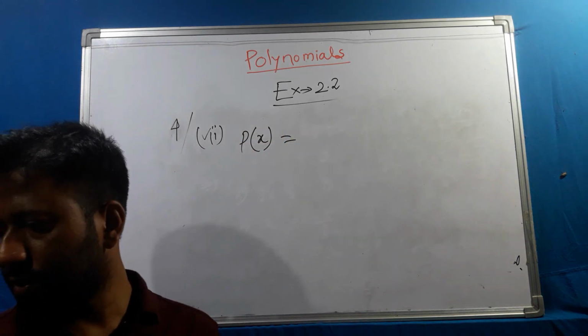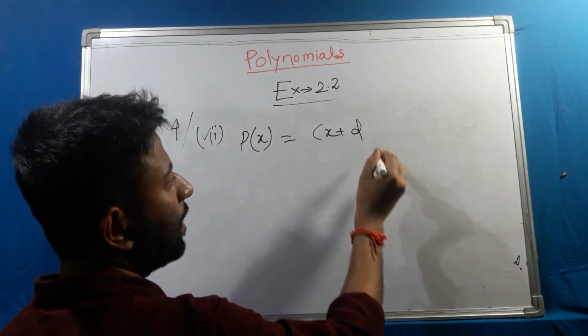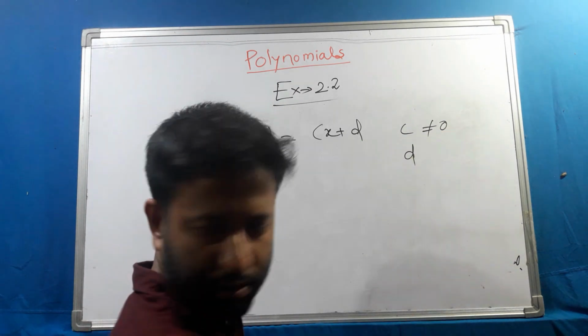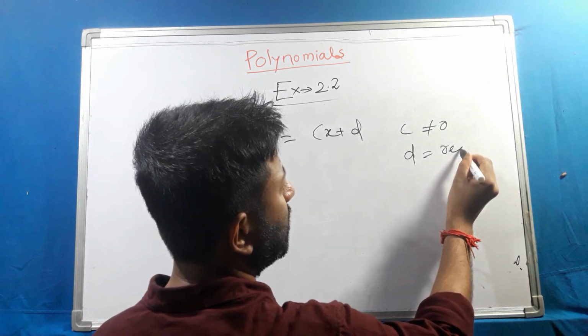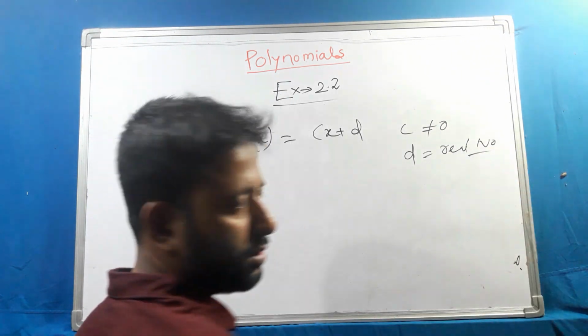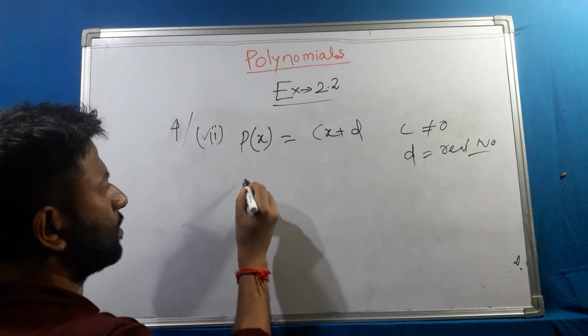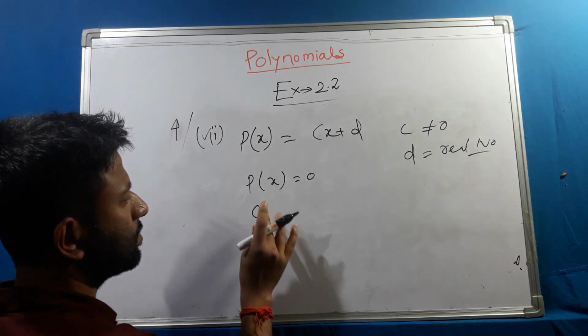What is the value of this function? cx + d, and they mention c not equal to 0 and d equal to a real number. What is a real number? A real number can be 0, 1, 2, 3, 4, 5. So as before, here also p(x) should be equal to 0. That means cx